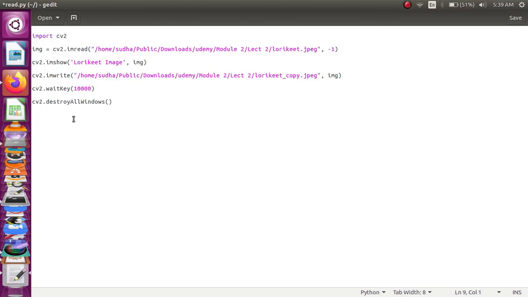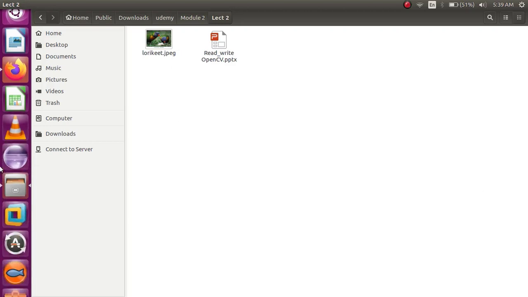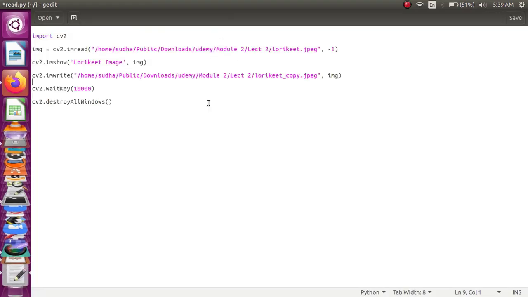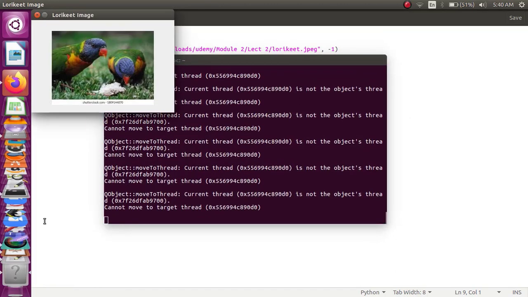Before that, let me show that in my path I have only the lorikeet image. Once I write the image again to this path, I should get lorikeet_copy, a copy of the same image. Let's see how it works. So it appears for 10 seconds and it will disappear.